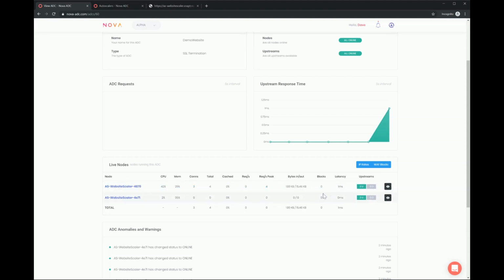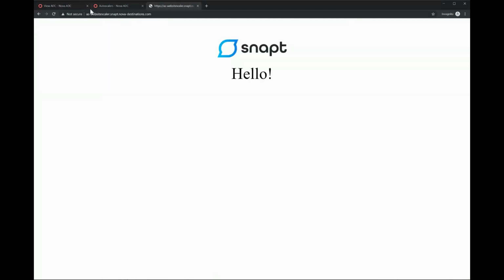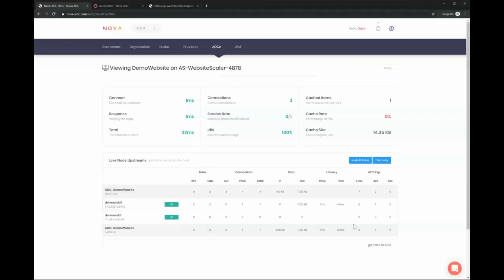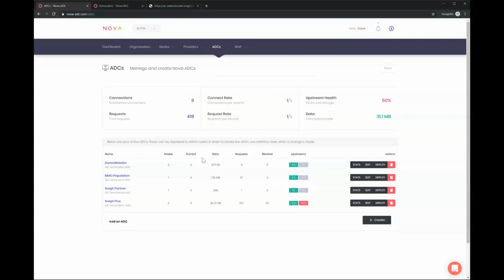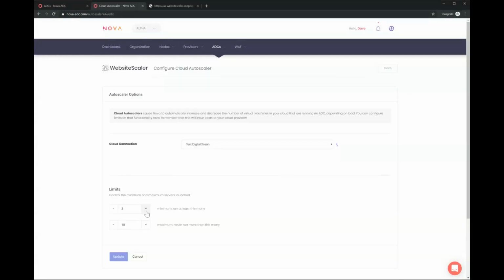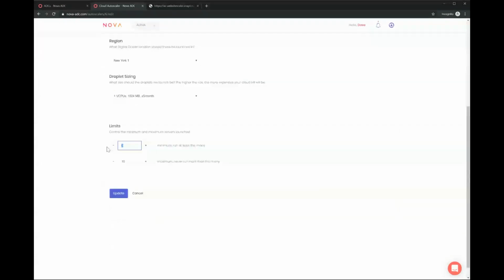Because I sent a bit of data to them. So you can see we're starting to measure response time, and as I send more and more traffic, we'll start to get requests graphing as well as soon as it's got something to show. And if we come in here, we can see the actual response times of those servers and everything, just like we expect. So it has 2 nodes because it only needs 2 nodes now. But what I can do is I could say, well, you should run at least 3. So I don't want to run 2 anymore, I want to run 3.